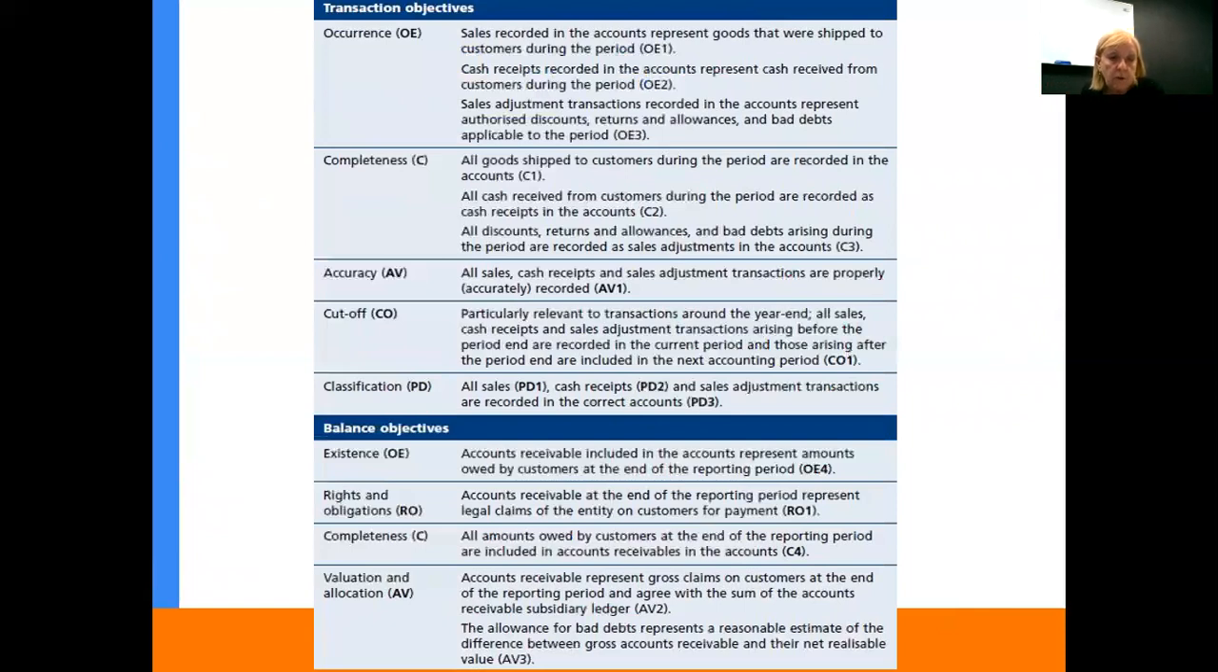And we've got the same for the balance related objectives. Accounts receivable included in the accounts represent amounts owed by customers at the end of the reporting period. Accounts receivable are claims of the entity on the customer for payment. So this is the way that we need to word it. Now, if we go on to the next step